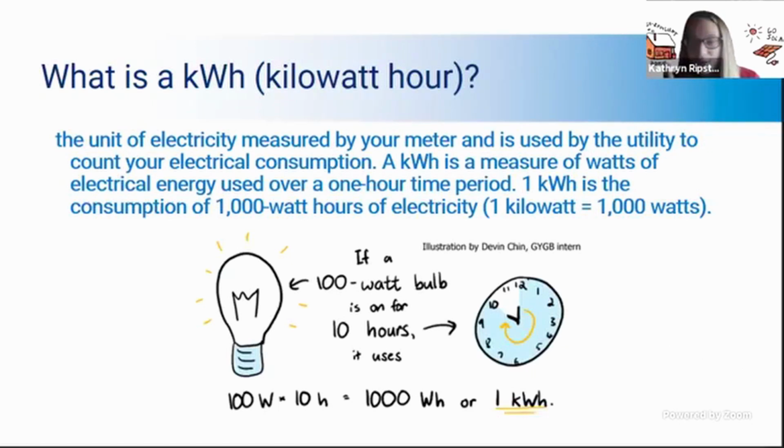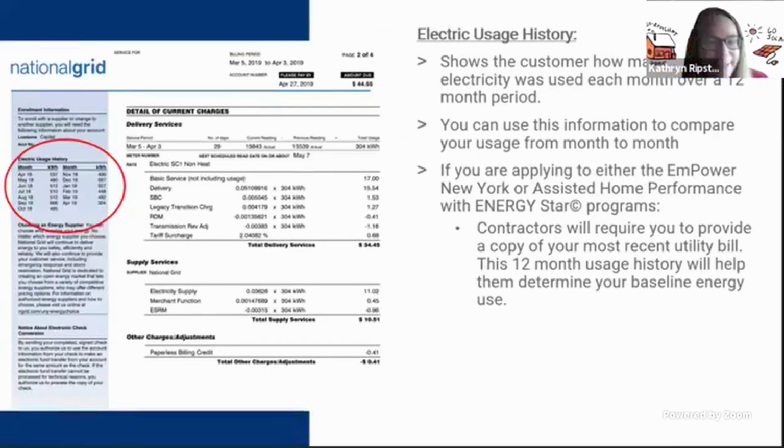And that's just from one light bulb being left on. So turn off your light bulbs when you're not using them. Save you some of that electricity there. And then before I turn it over to Nick, the last thing I'm going to point out is this electric